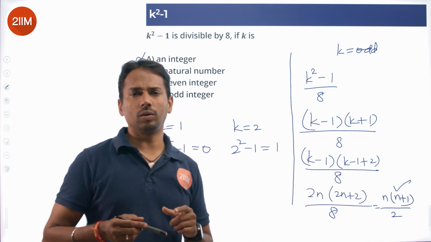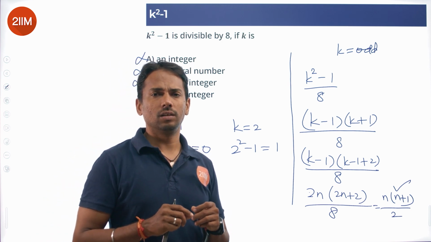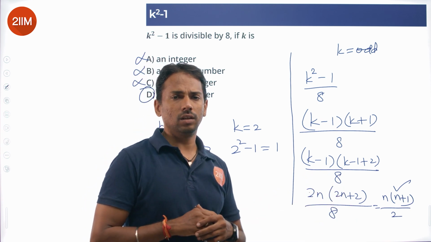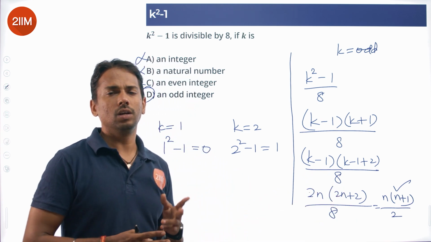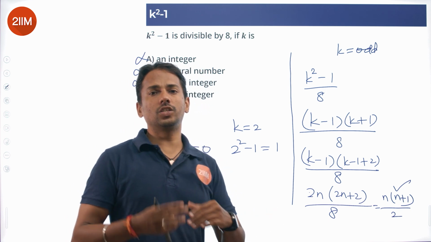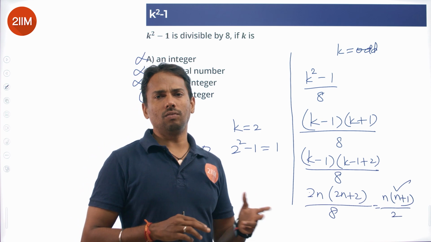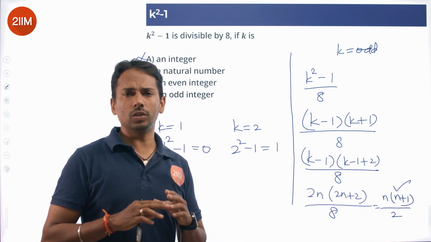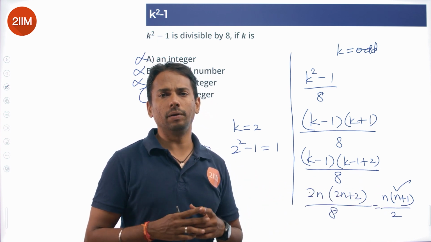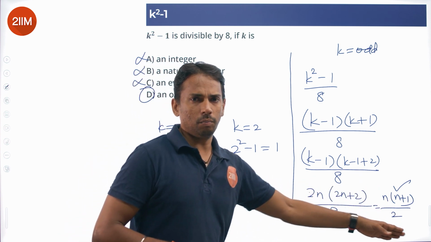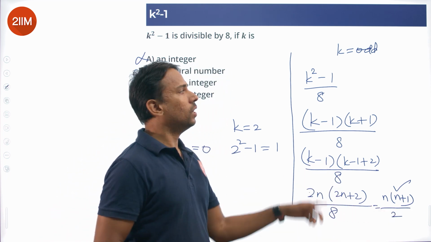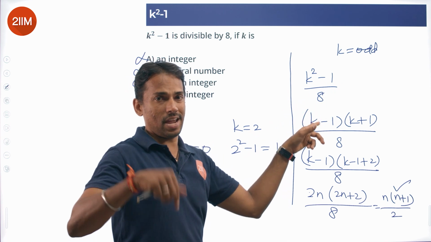Because take n into n plus 1, you are going to consider integers. You will have integers, in that sense always two consecutive integers. The product will be divisible by 2. Why? Because for sure one of them is odd, the other one is even. Because we are considering consecutive numbers, always it will work. Any two consecutive numbers, one odd, one even. That even number will be divisible by 2, making this expression divisible by 8, making this expression always divisible by 8 whenever